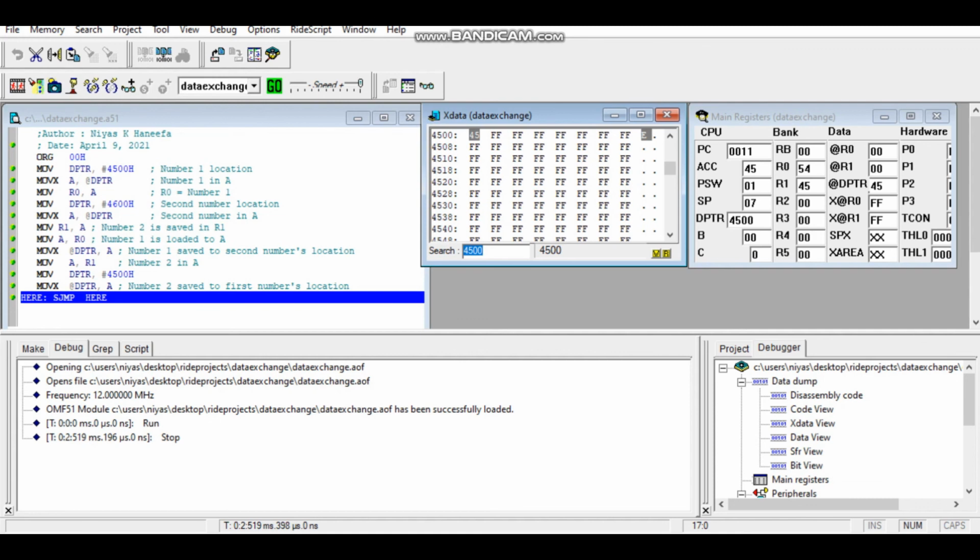In 4500 you will be able to see 45, and in 4600 you will be able to see 54. With line by line execution, you will be able to see the output after the execution of each line. So that is the program with regard to data exchange.